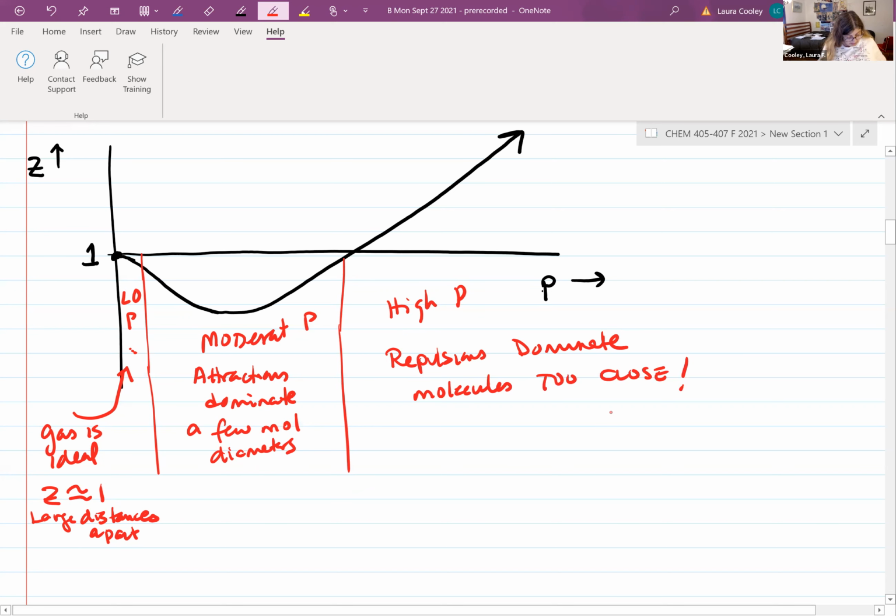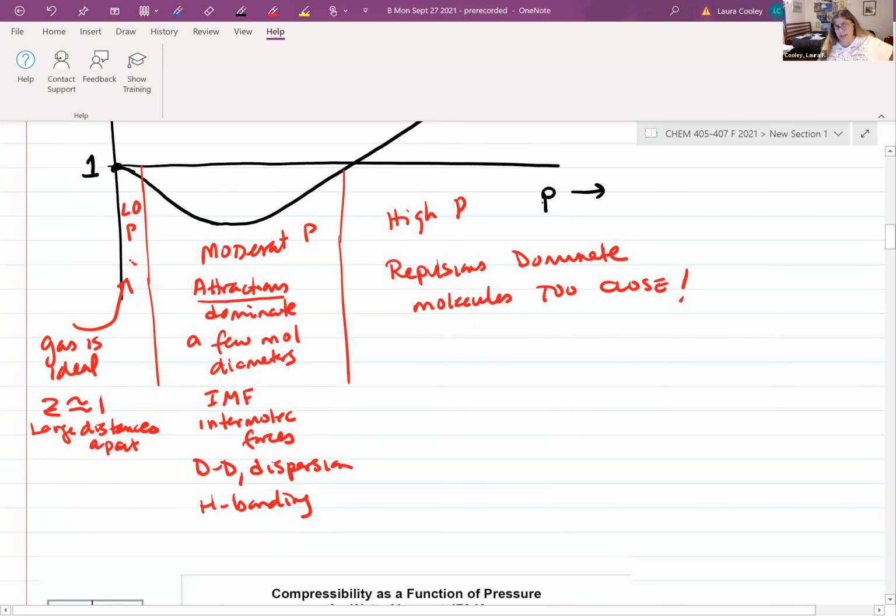Get out of my space. These attractions, what are they? They are the typical intermolecular forces that you have between molecules. You could have dipole-dipole. You can have dispersion forces. You can have hydrogen bonding. And of course, it wouldn't always be over the same distance, maybe hydrogen bonds in liquid water, for example. Those probably would be closer than a lot of the ones in here, but this still would be called hydrogen bonding. If you remember, dispersion forces are those,